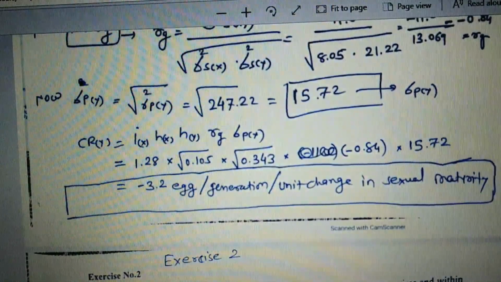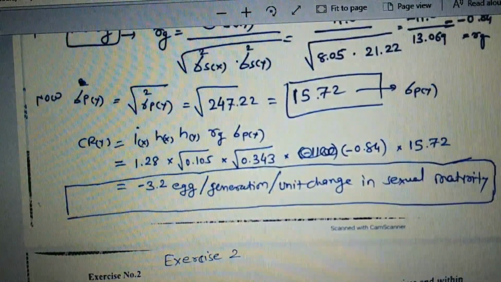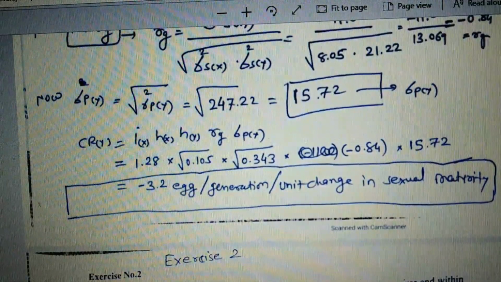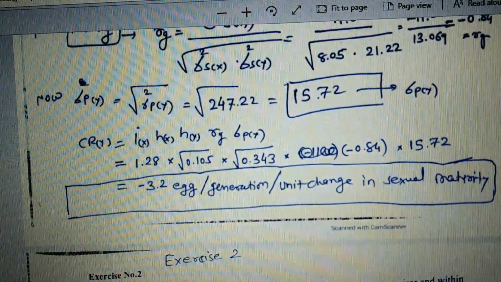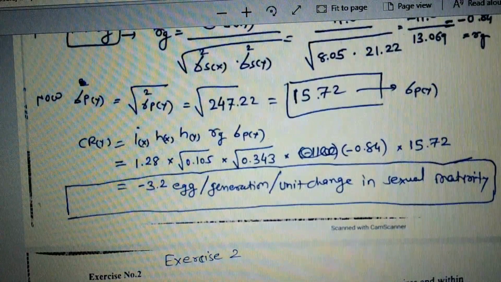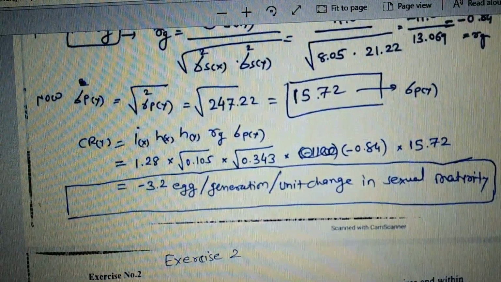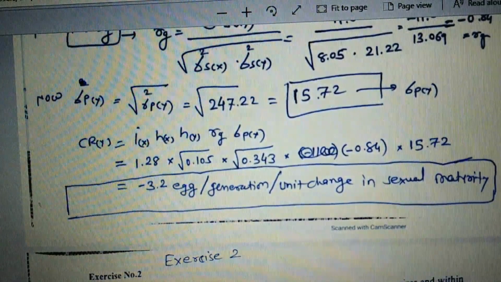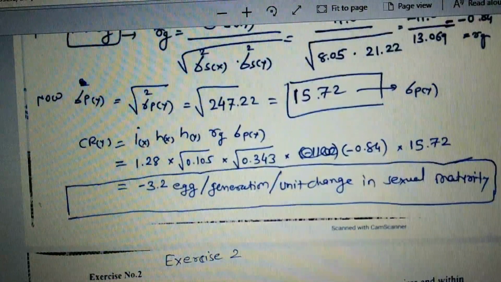The final answer, the correlated response to selection in Y, is equal to minus 3.2 per generation per unit change in the sexual maturity, because our secondary trait was egg production. So we can write